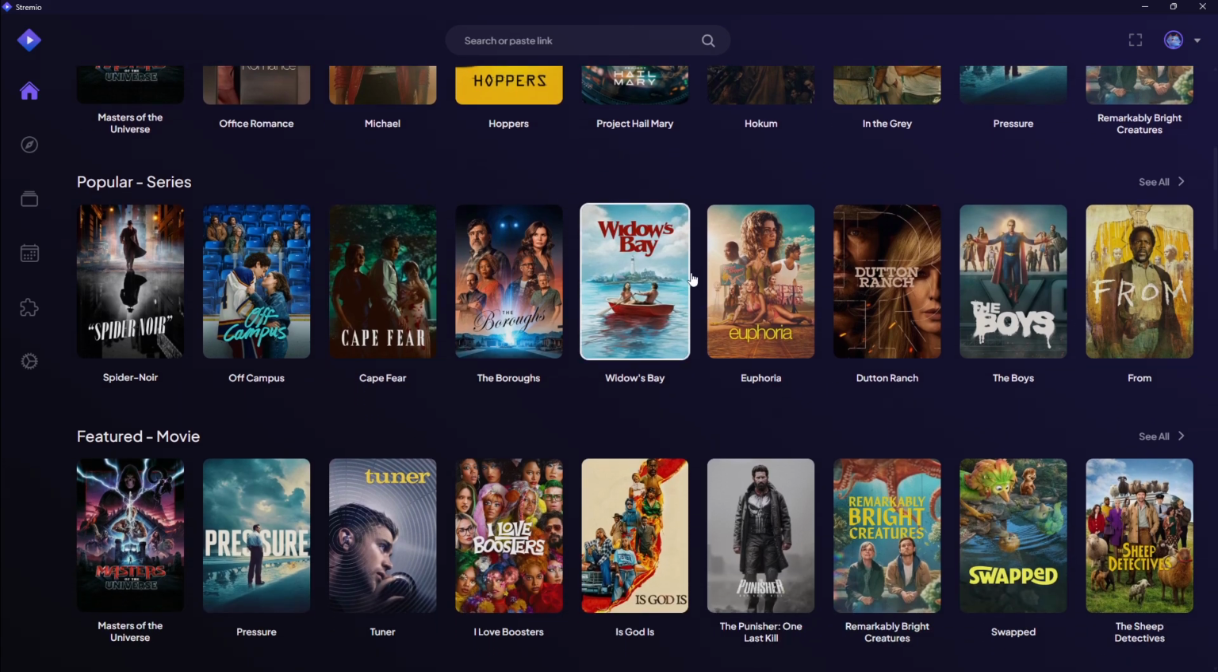Next, try the desktop app first. Go to the official Stremio website, download the desktop version for your device, install it, and then open it. The desktop app is often more reliable than the web version because it has better support for playback and fewer